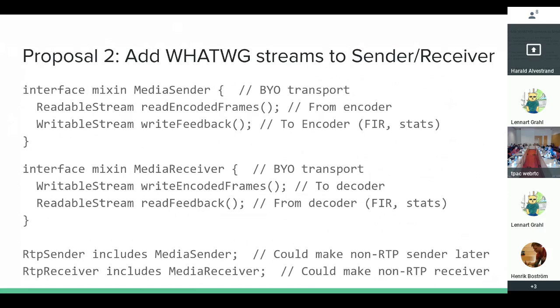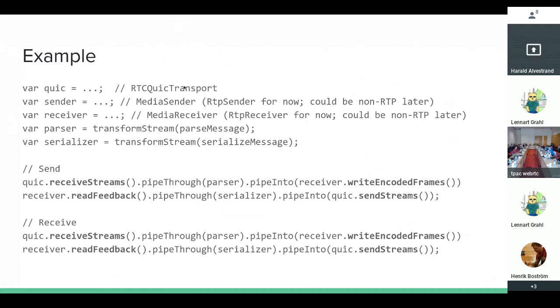If you go to the next slide and look at the example, this entire thing can be off the main thread, assuming that the transform stream function call there gives you a transform stream that can happen off the thread using any of the mechanisms that we thought could be possible. So the pipe through in the middle, where it goes to either the serializer or the parser, would happen off the main thread. The only thing you do on the main thread is set it up. Right, but in